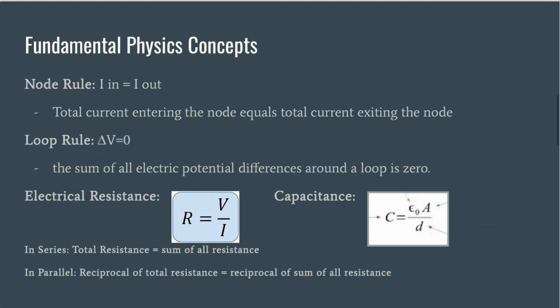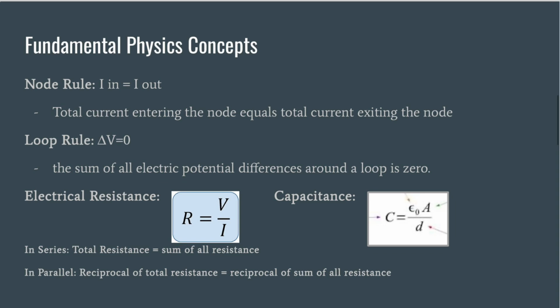Next, I'll go over some fundamental physics concepts that would be very useful to know when looking at this lab. The first is the node rule, which says that the total current entering the node equals the total current exiting the node. The second is the loop rule, which says that the sum of all electric potential differences around a loop is 0. Next is the electrical resistance, which is